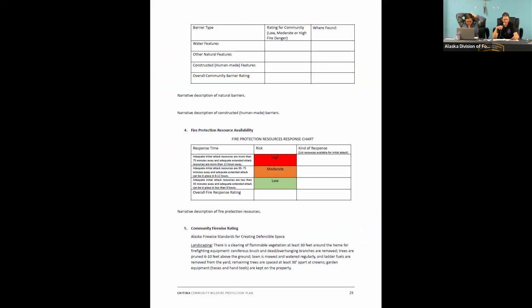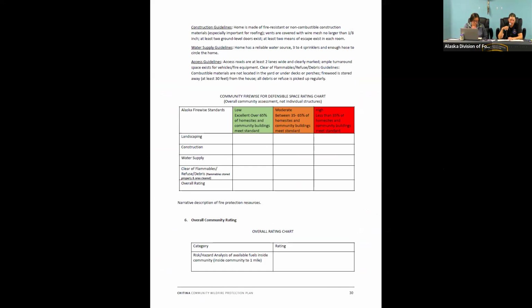The different things that were assessed in this were landscaping around structures, various construction guidelines, water supply guidelines, and access guidelines.